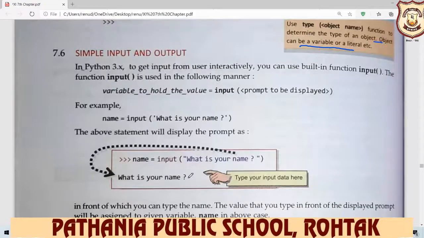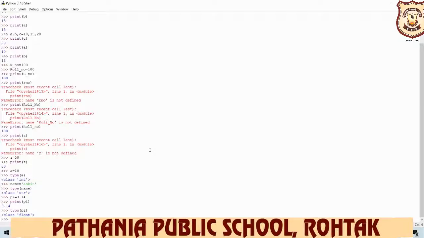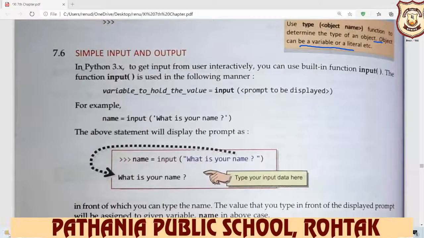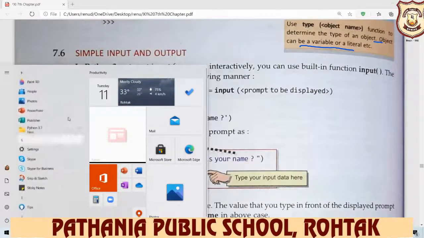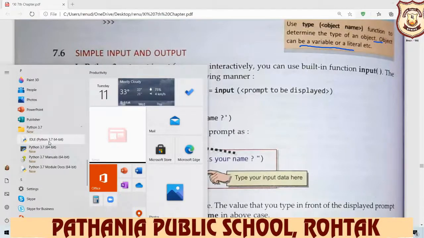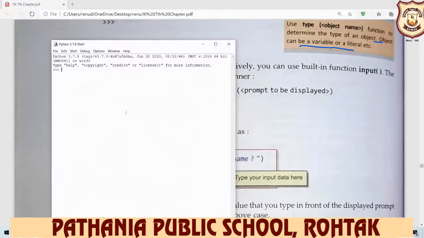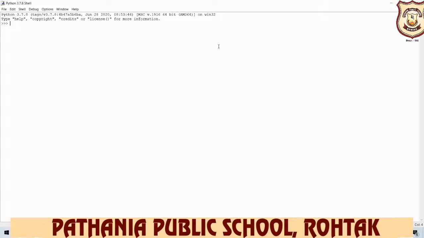Now, simple input and output. If you want to enter your name, how do you input it? See practically. We open Python again so we can see easily, and the visibility is more attractive and clear. So here you open your Python. For example, you want to input your name.